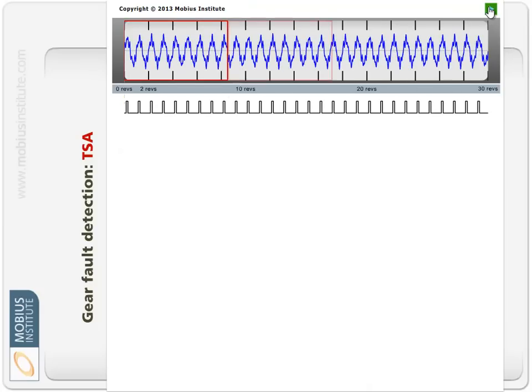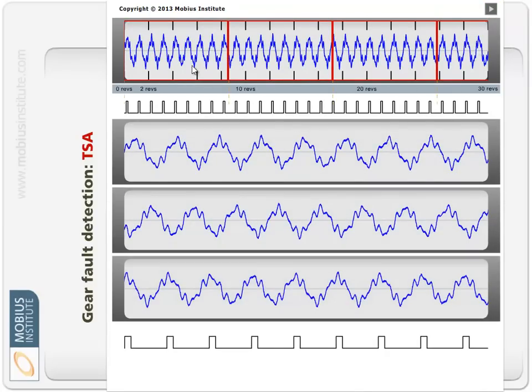Now, when the analyzer normally works, what it does is it grabs a chunk. It might be 1024, 2048, 4096. It just depends on your number of lines of resolution. It's going to grab a chunk, take that out, and do the windowing and calculate the spectrum. It's then going to grab another chunk. Now, what I'm illustrating here is no overlap, but the point is the analyzer just keeps on sampling,